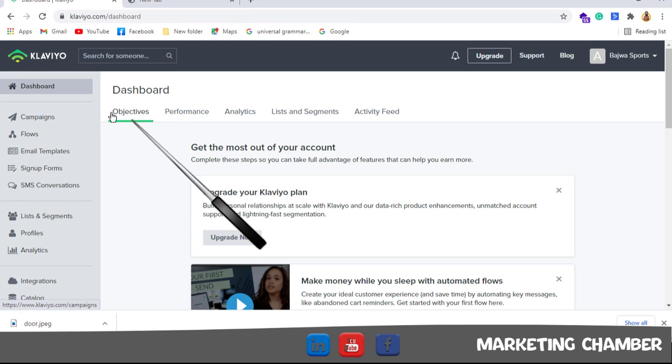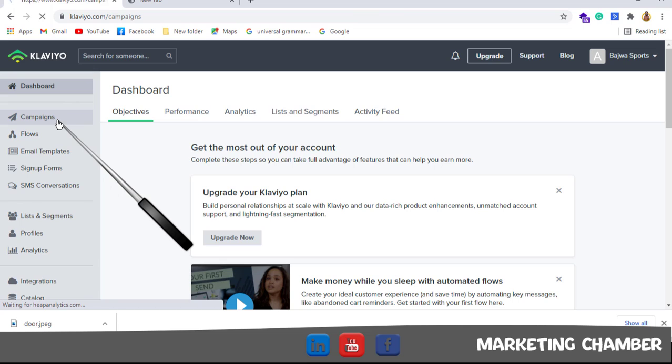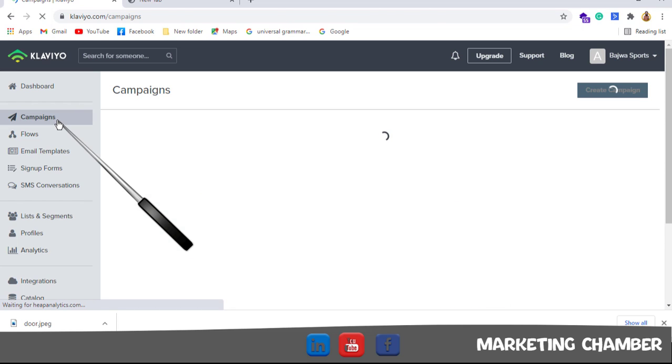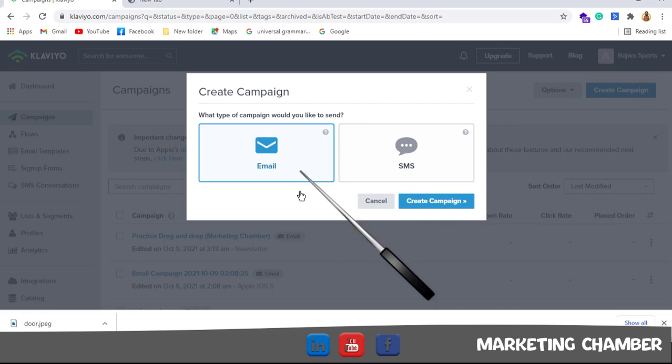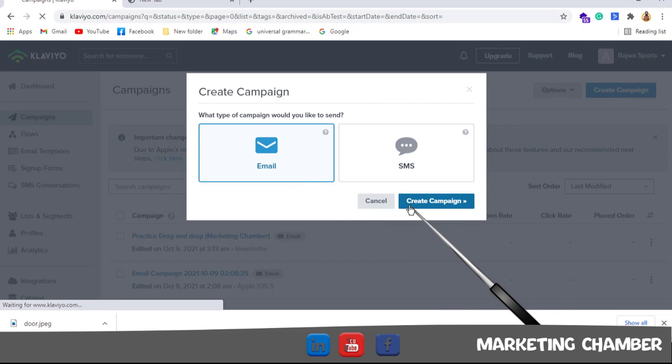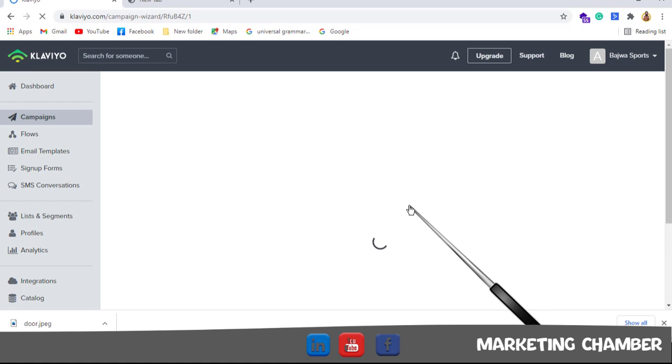So for this I am going to select the campaign from the left side options of Klaviyo. I have opened Klaviyo, you can see on screen. So I select campaign from the left side, and then I will select create campaign. Okay, again I will select create campaign, and then